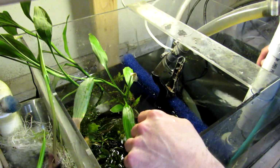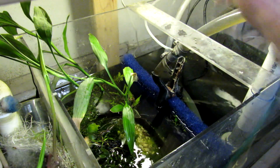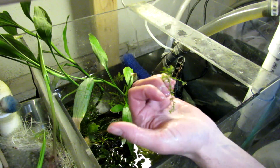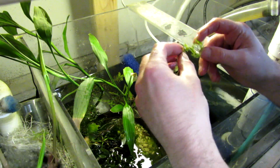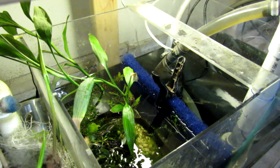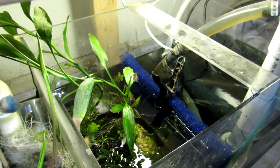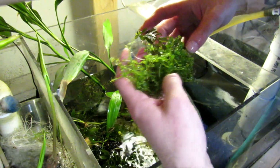And as a matter of fact, I've been over it in past videos about how I actually do think it's a good thing that they end up down there. It helps me keep two different little colonies going: the big colony up top and the douchebags that live down in the bottom. So that coarse material goes from the second chamber to the third chamber, where I keep most of